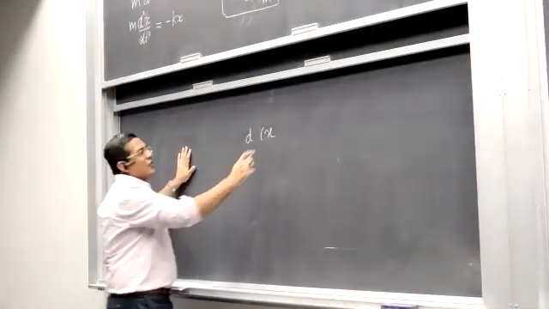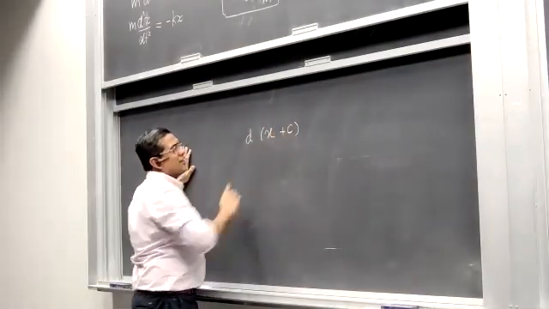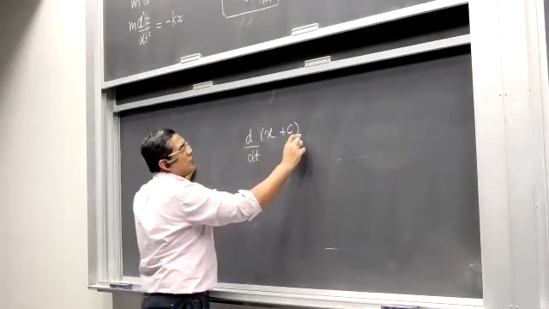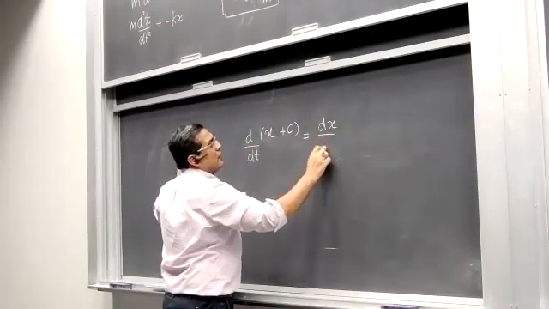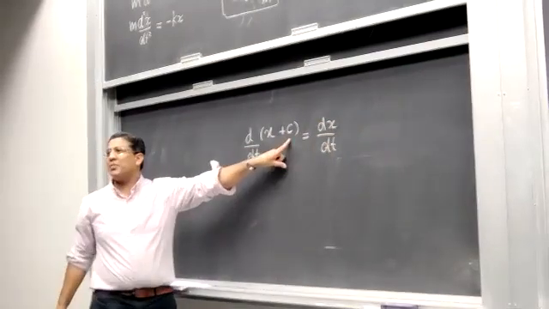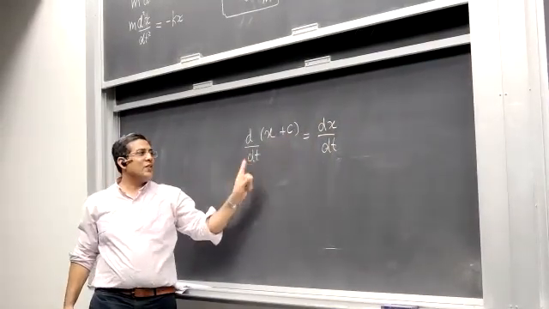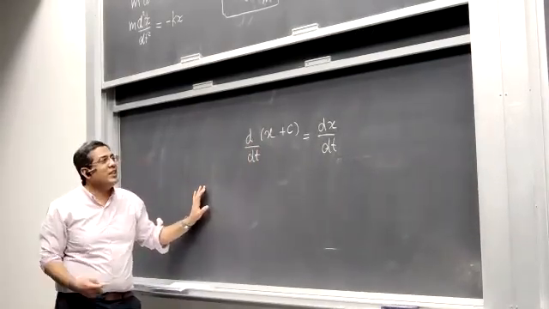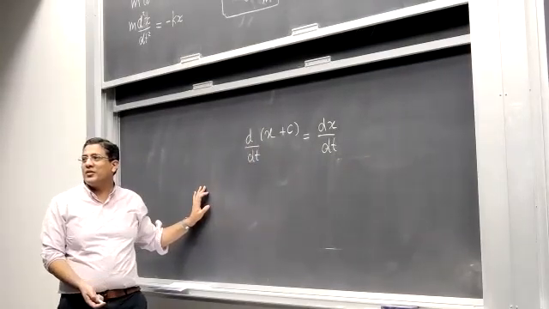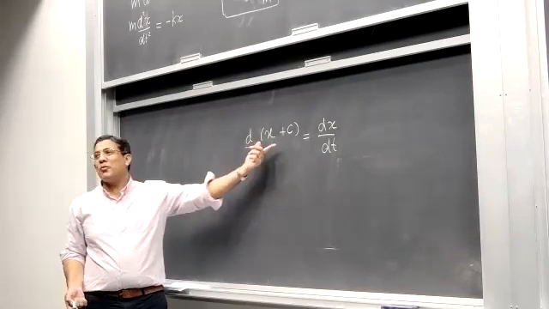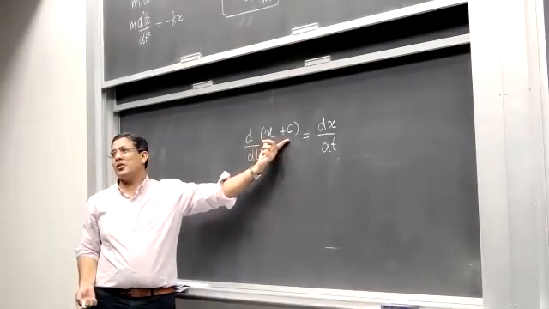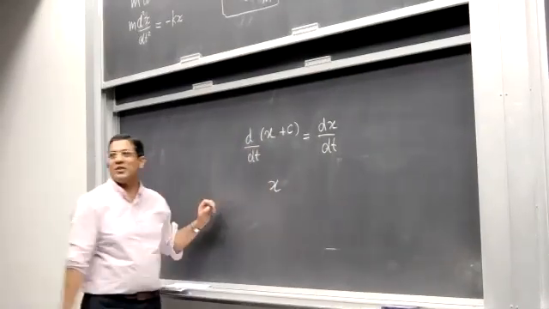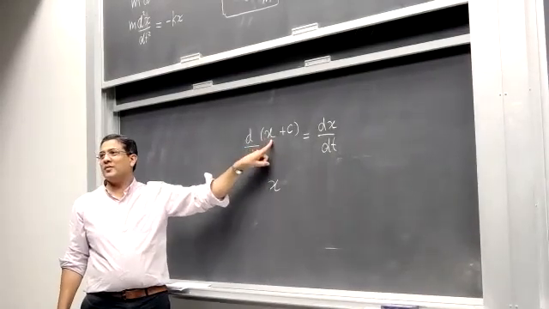So let's say you're taking the derivative of x plus c, and then you take the derivative with respect to t, all you would get is dx by dt. This constant disappears, right? Yes. When you are integrating, you add a constant of integration, don't you? Yes. To make the solution most general. This is a general solution of this equation. It satisfies this equation, although x itself is a solution of this equation. But this is more general.